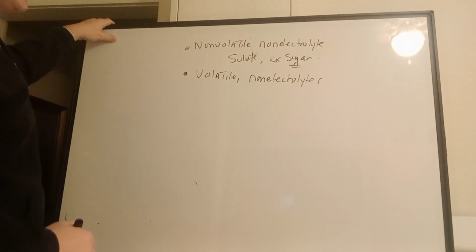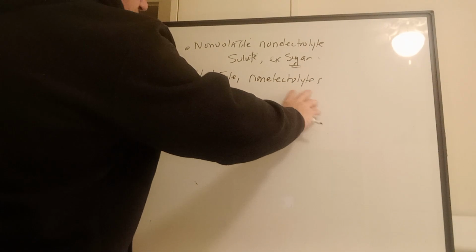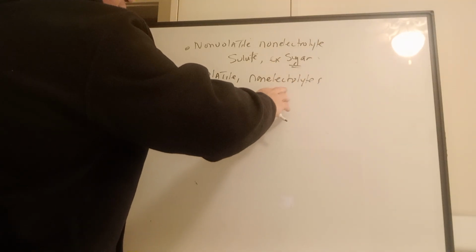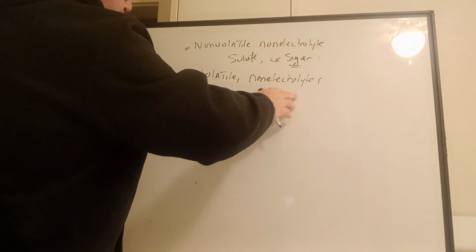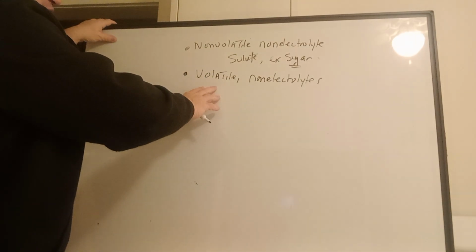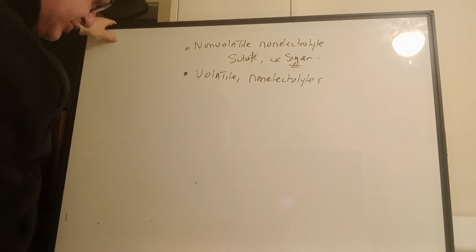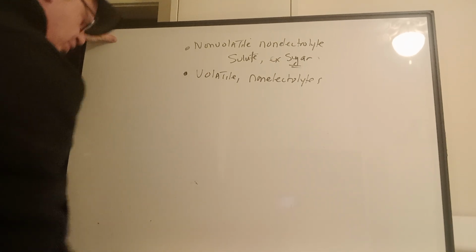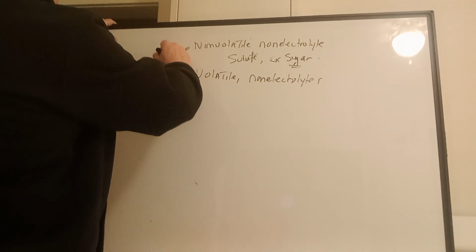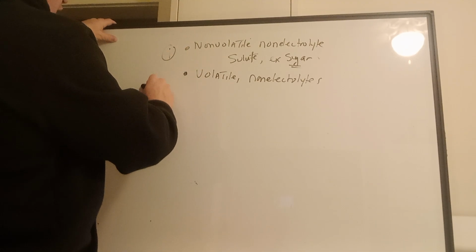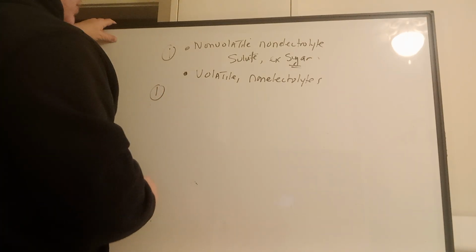This would be species that do not render the medium they're dissolved in able to carry a significant electrical current. Volatile here means that they have an appreciable vapor pressure under the temperature conditions of interest. So let's focus on case 1 for this lecture, case 1 for the non-volatile